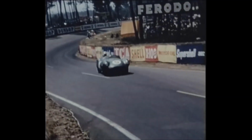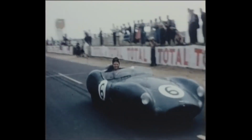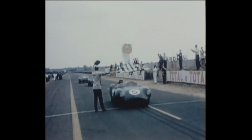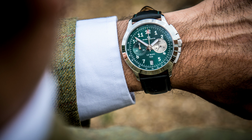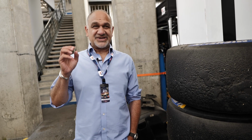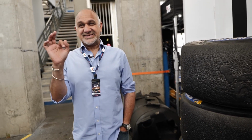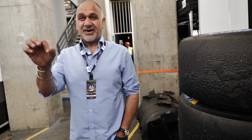Le Mans 59 celebrates the first win Aston Martin had at this place, actually, back in 1959, and that was in a car, the DBR1, and it had a yellow grille. So if you look at the dial on that particular watch, the number 59 marker is in yellow because the grille of the DBR1 was yellow. So little design details like that I try and pick out,